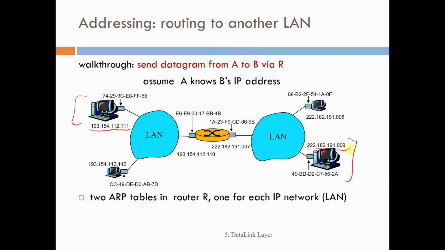Device B has 222.182.191.009. Obviously, the two IP addresses are in two different subnets, and the ARP process is local. So what actually is going to happen? Because B is in a different subnet, A will have to send the packet first to the default router. And the default router is going to look up its routing table to find how to reach the destination B, and will decide that it's going to use this port to reach B,